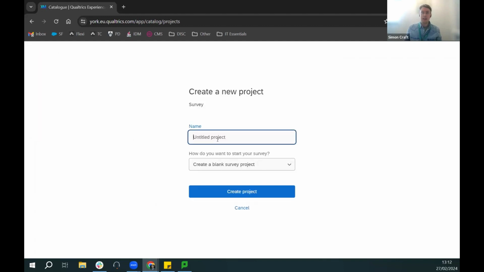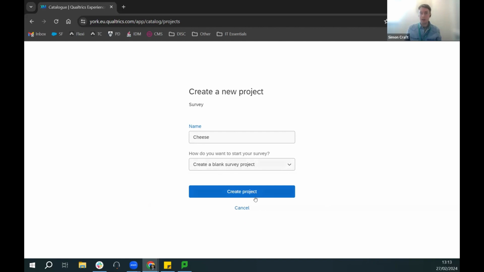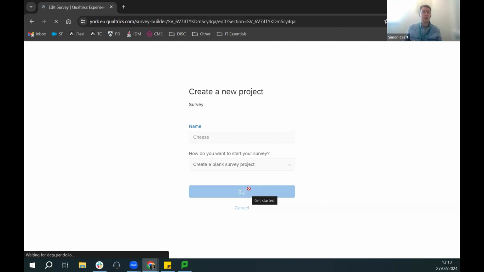I'm going to click on Get Started. I'm going to call it Cheese because I want to make a survey all about cheese. Again, you can import or use existing projects if you wanted to make a new version of an old one or something, but again, I'm just going to create one from a blank survey project. So once I click Create Survey, that is going to take me into,